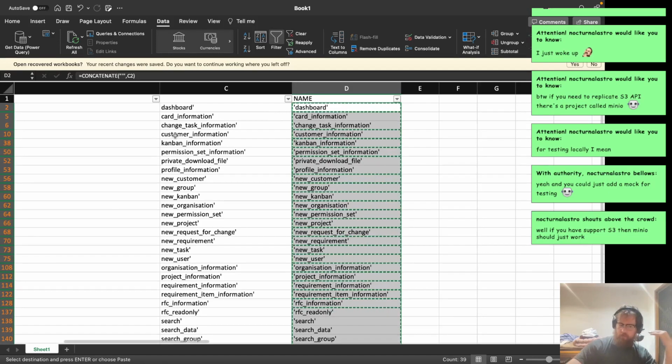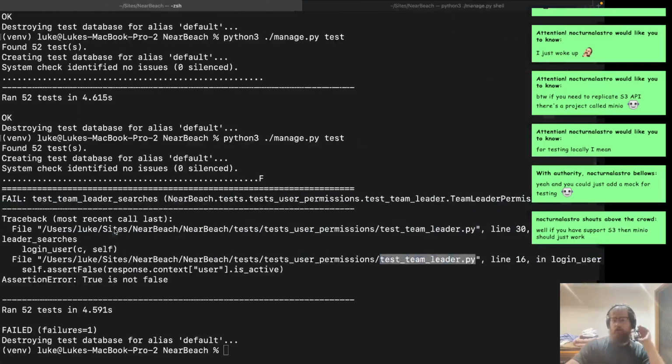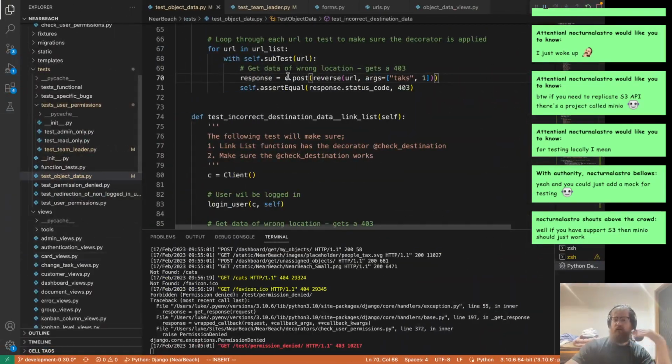A lot of the other stuff will, once again, need forms and all that kind of stuff to test out the CRUD and whether the CRUD is working. That will do it, like I said before, very similar to how we just did the object data, where it will be just a simple loop. We put in the data, we then throw it through. We also need to test it at multiple levels, so we need to test it at the admin. So the admin, it should work no matter what. Team leader,